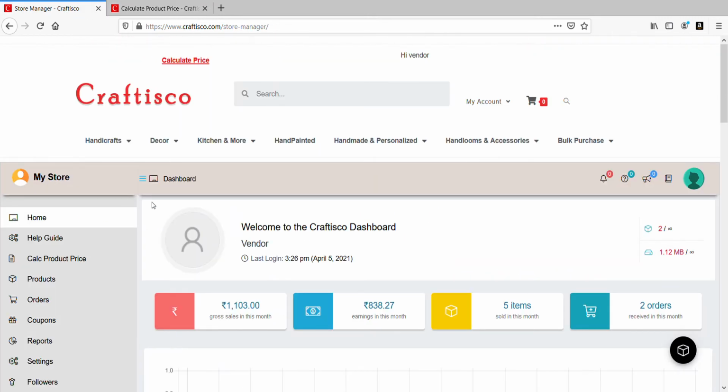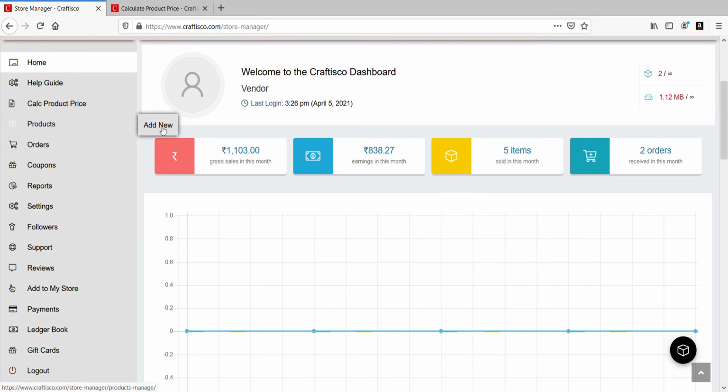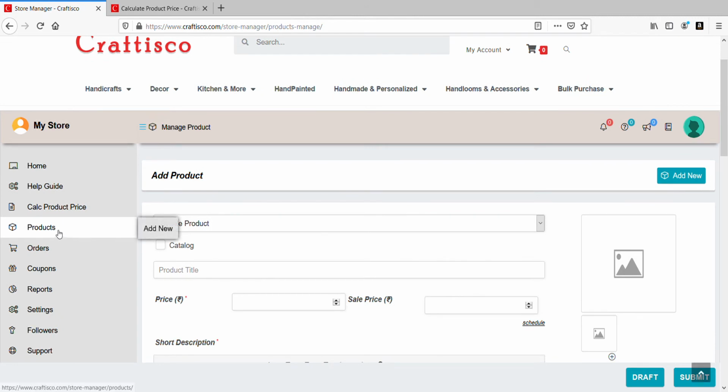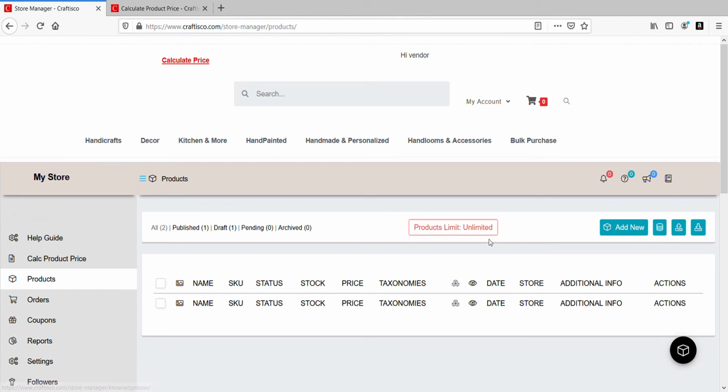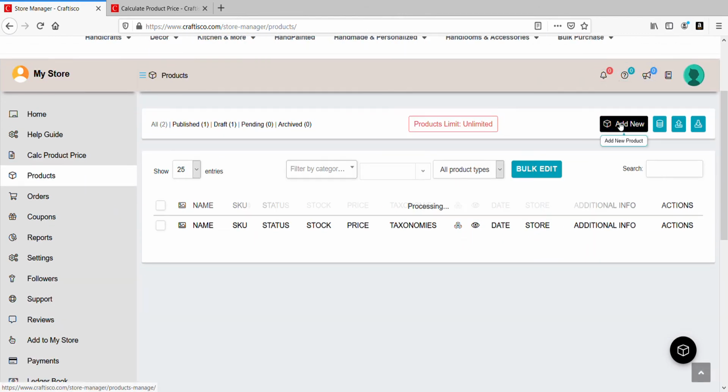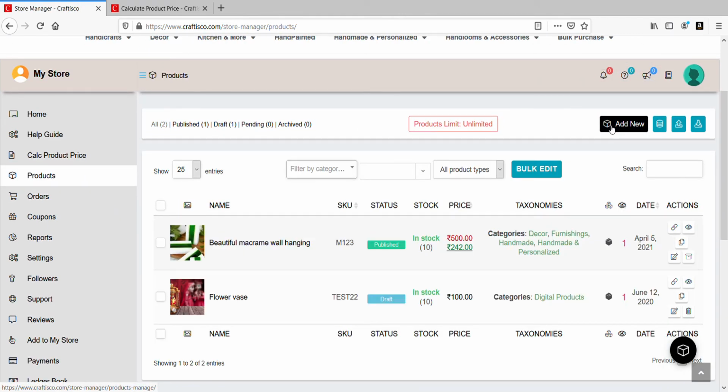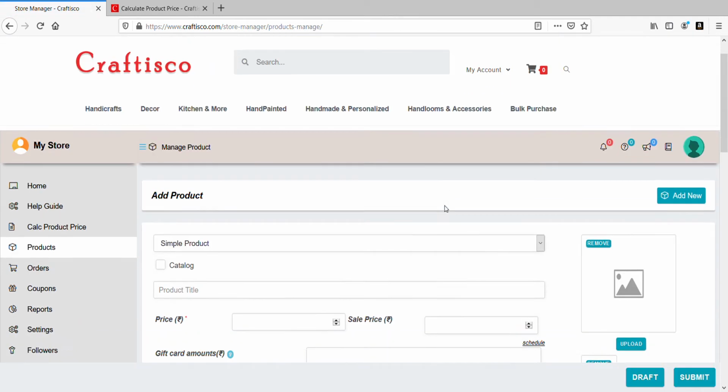So if you go back, go to the products, and you see there'll be an option called add new. So you go to the add new button. Before that, if you go to products, it will create a product list, and there'll also be something called the add new button. This will be the square icon that you see. On your mobile, you will see the square icon which will be fourth to your right. Here you have it on the left.